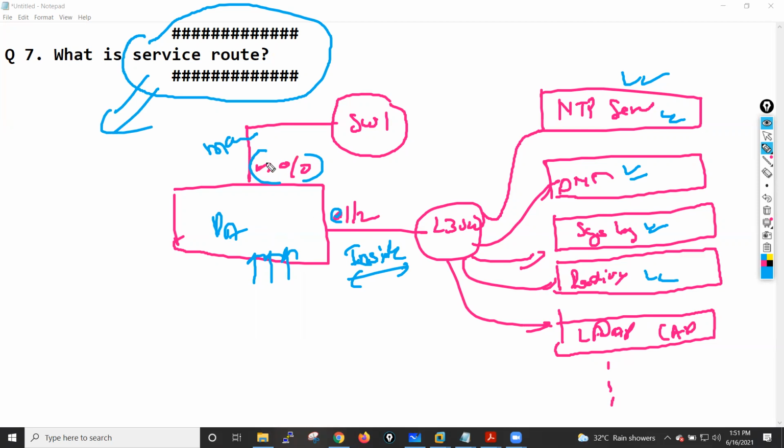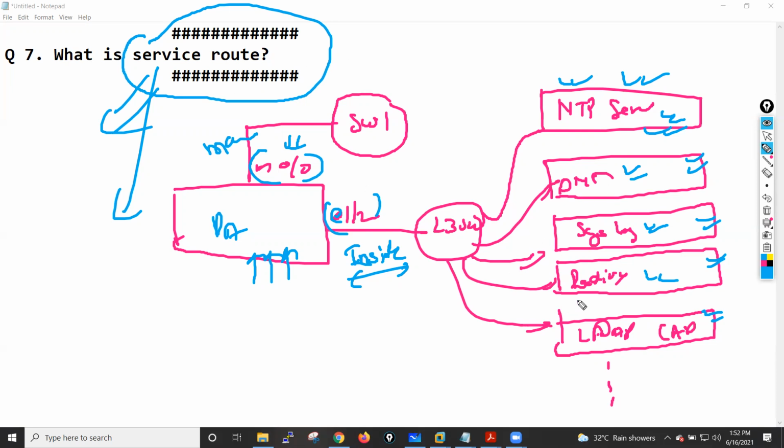By default, my firewall uses the management port for communicating with these servers, right? Now we will configure the service route on this one. If my firewall wants to communicate with the NTP server, we will point out the IP address of the NTP server, and we point out this interface. It will need to send this traffic through this interface, Ethernet 1/2. If my firewall wants to send DNS queries, in that case DNS is behind this interface, so we have to modify the service route for the DNS server.